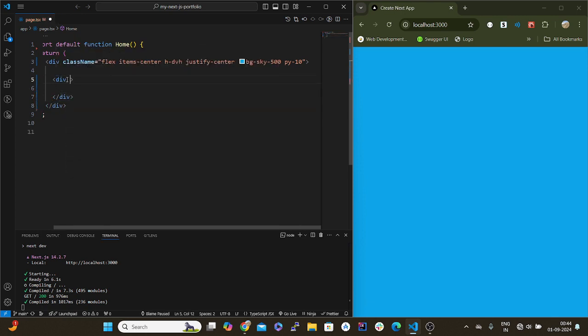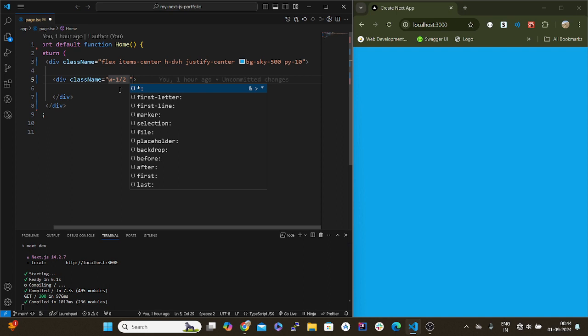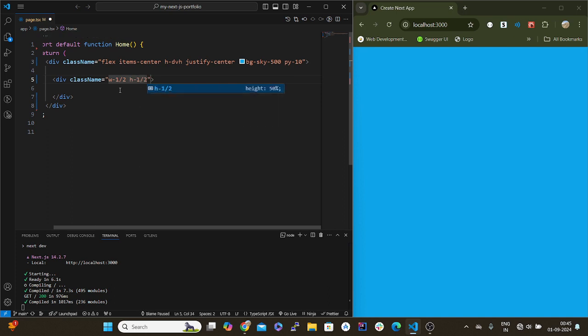And I'm going to give it a class name. So Next.js by default uses tailwind. So I'm using tailwind inline styling here. I'm going to give it a width of 1/2, which will give it a width of 50% of the viewport width, and I'm going to give it a height of 1/2 as well for now. I'm going to give it a background, bg white,